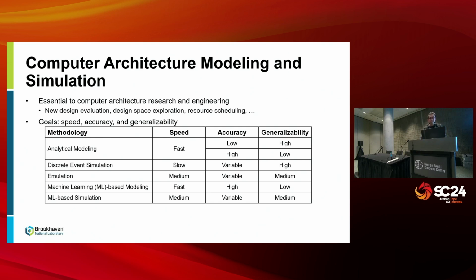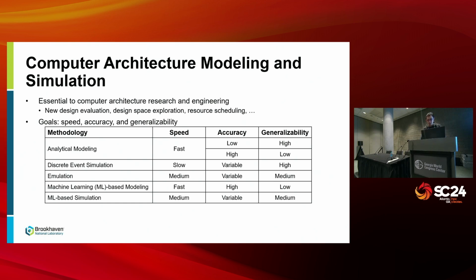In general, different modeling approaches all have these three goals, which are speed, like how fast it can make a prediction; accuracy, how accurate the prediction is; and finally, but not least, generalizability. It's how easy it is to adapt to a new environment, a new architecture. So in this table, we roughly summarize different modeling and simulation approaches and how they trade off between these